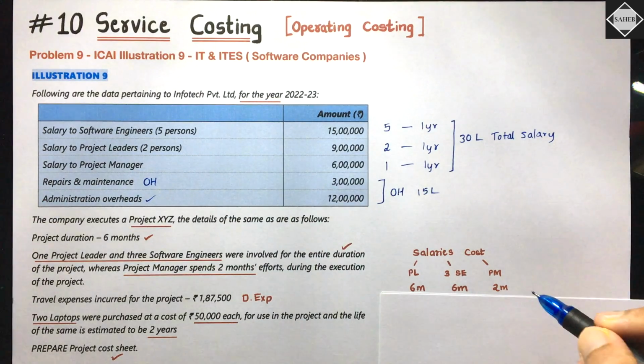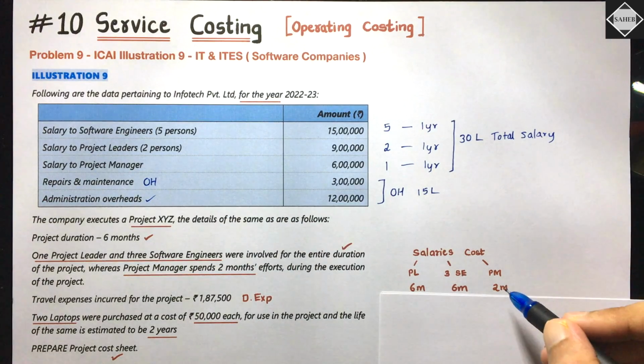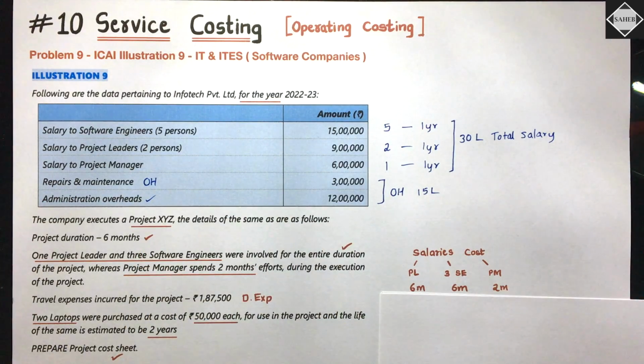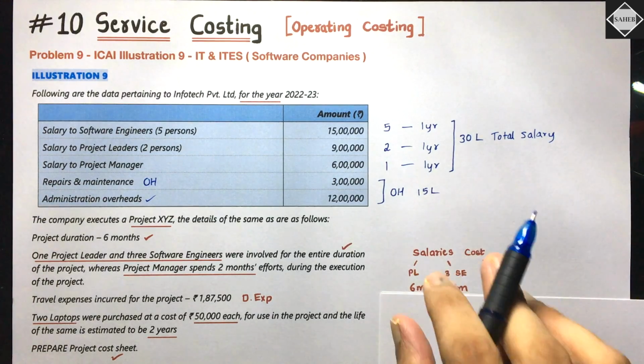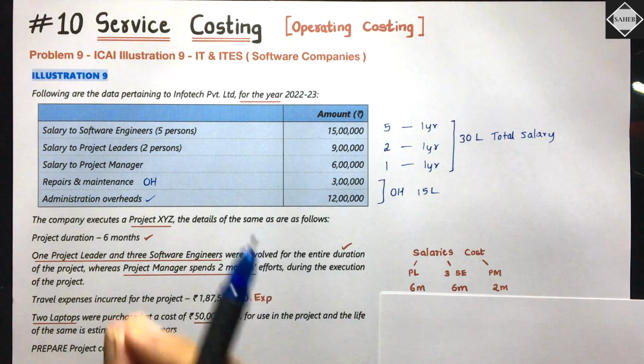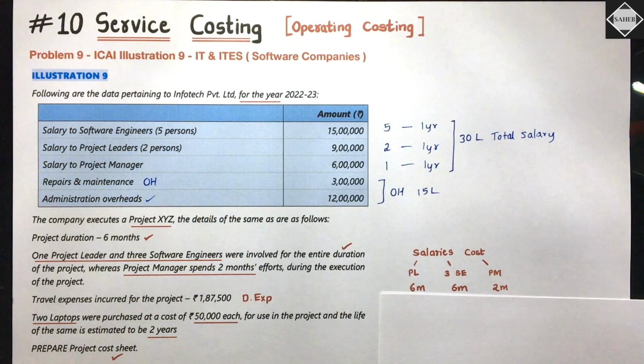So what you will do, only 2 months salary of the project manager will be allocated to project XYZ. Is this clear? Simple and straightforward. Yeah, this is the entire salary cost allocation regarding this specific project. All right. Okay. Then travel expenses incurred for the project